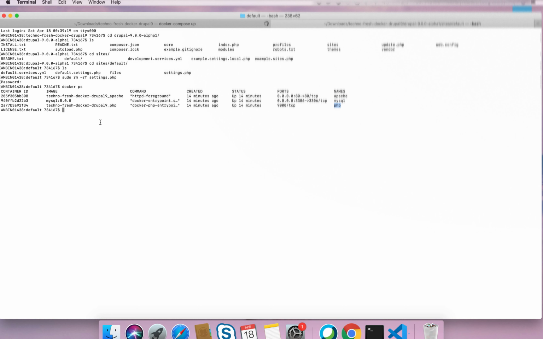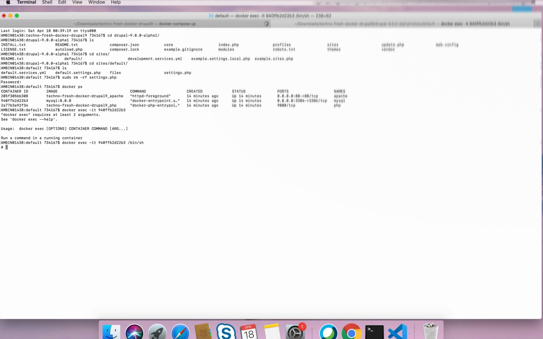As I told you, I want to go into the MySQL. So how can we do it? You need to do docker exec -it and the container ID of this MySQL. Okay, so this is the container ID of the MySQL. Oh sorry, you need to give /bin/sh.